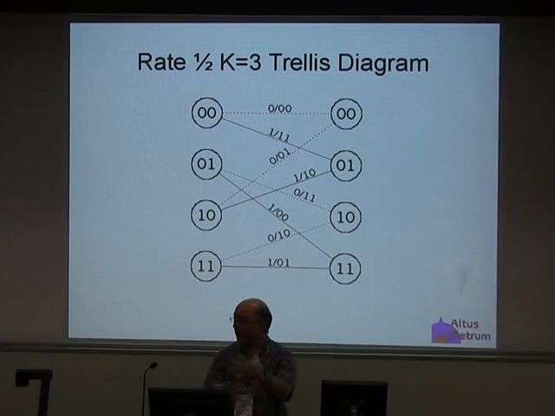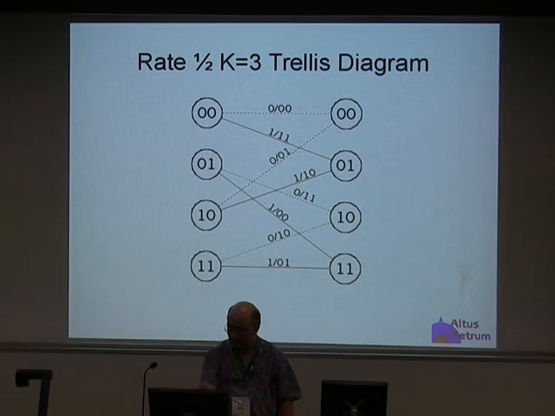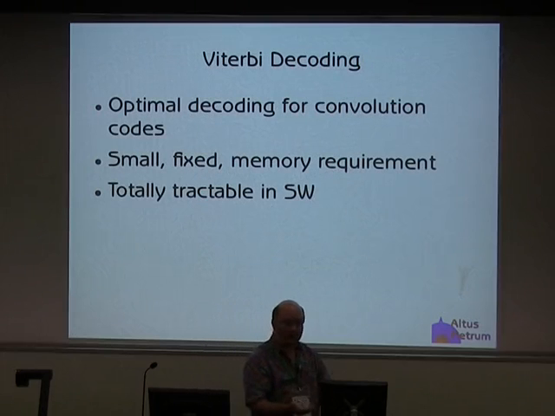If your state was 1,0, and you transmit a 0 bit, and so on. You can see, so those are all the 8 different transitions. Each input state has 2 transitions depending upon the next bit, and you get to a new output state. Okay, so that's a simple little trellis diagram. And that's going to help us explain how decoding this thing works.